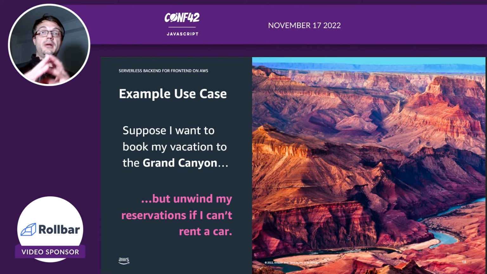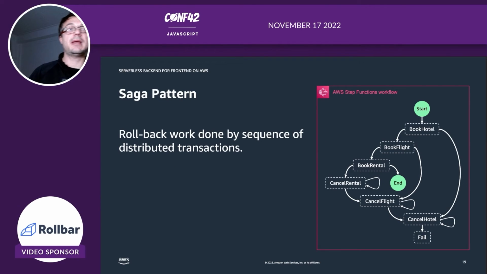we want to book this travel as a whole, because, for example, if I can't book a car, probably I'm not interested in going to the Grand Canyon, or I'm not interested in a flight if I can't book a hotel. But if I already booked a flight and can't book a hotel, there should be a mechanism to revert all the previous steps. And usually it is implemented with a Saga pattern, which allows you to roll back different